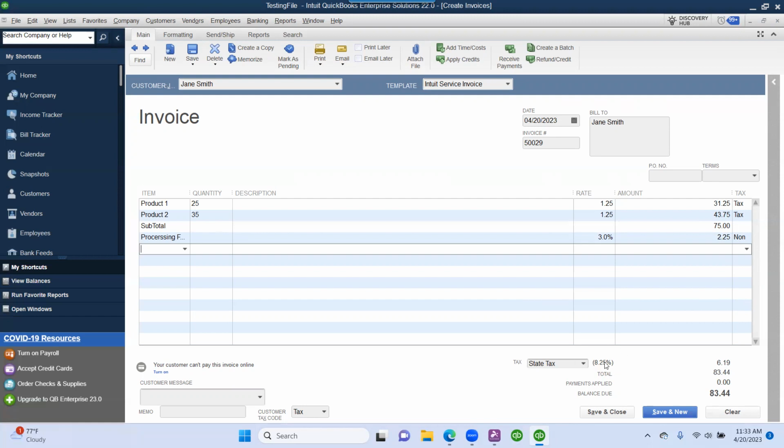Now QuickBooks, you go in and set up your own tax rate. So mine's 8.25. So on these two products on the $75, there is a $6.09 tax. Then that adds on, so it's 75 plus 225 plus 6.19 gives us the total of 83.44. Okay. Now, because our plugin is only telling QuickBooks that the payment occurred, if the merchant's customer chooses